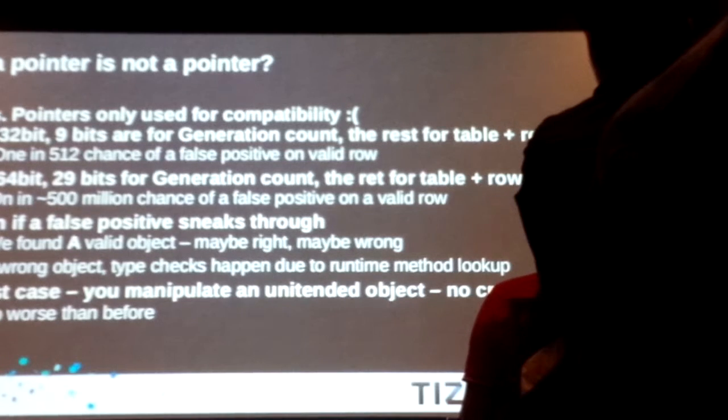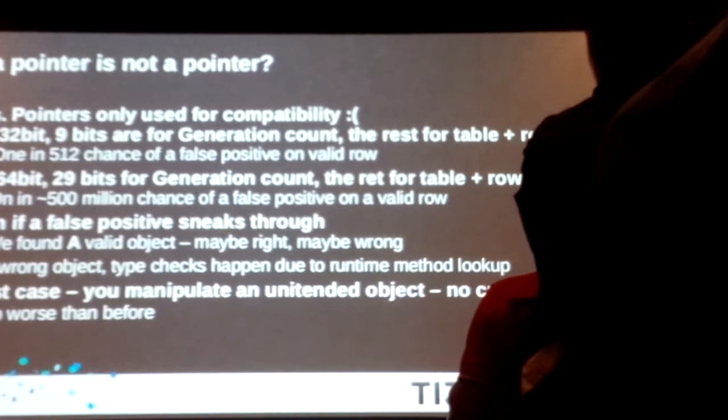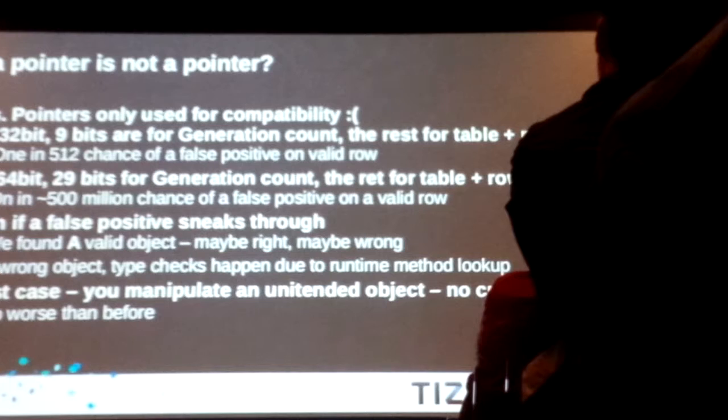So we only use the pointers, as I said, for compatibility. Because our other APIs return pointers, we still keep doing that for ABI purposes. On 32-bit, we use 9 bits for the generation count. That means you have about a chance of 1 in 512 of, if you've recycled a row, of accidentally getting through the check. On 64-bit, it's an insanely large number, 29 bits. So that's about 1 in 500 million of getting past that. That's assuming that that row